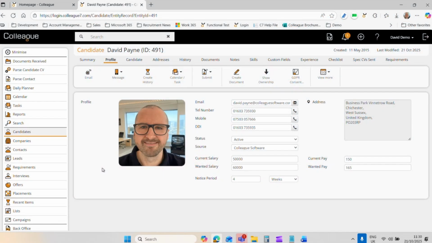Okay, so in this video, we're going to discuss the Form Builder. The Form Builder is a feature which enables administrators to create custom tabs on the candidate's company and contact record. These forms are then assigned to different user groups, which then enable those users to see those specific tabs when